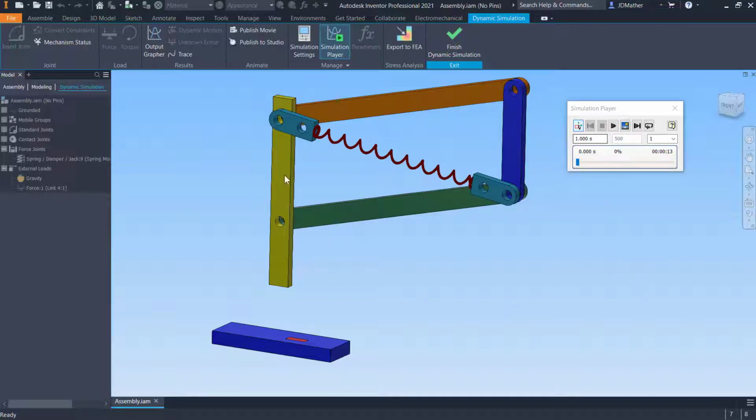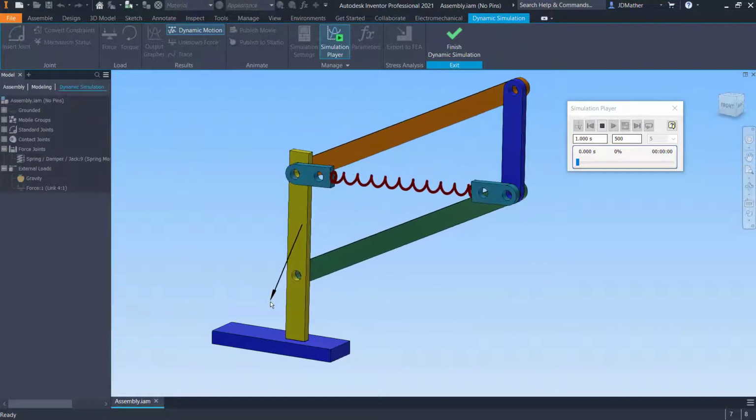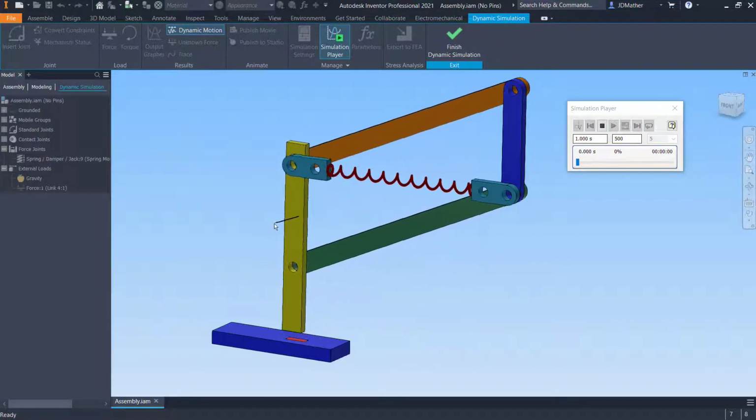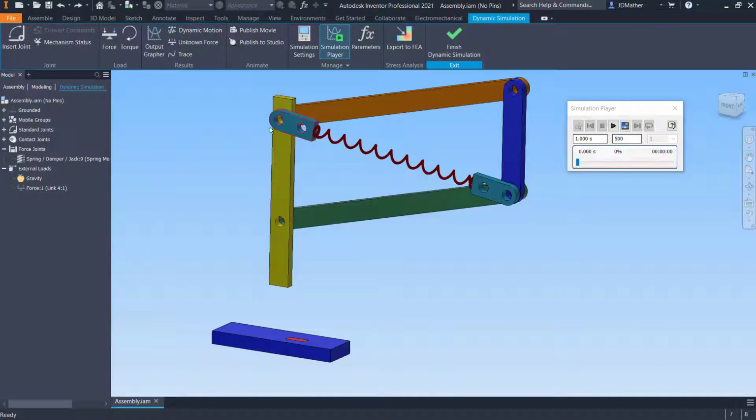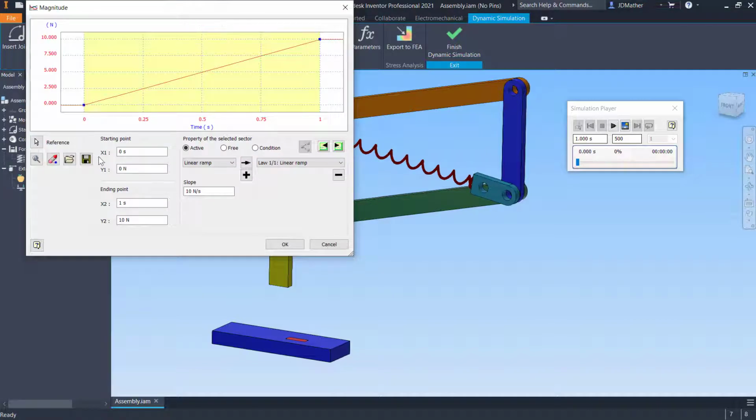Now if I drag this though, I can overcome that spring force by adding additional force, pulling down on the mechanism. Or I can add a force on here through the software rather than manually pulling on that. If I unsuppress this force, and I'm going to edit that force, I have it set in the input grapher, and I have it start at 0 force and then go to 10 newtons over 1 second. Play this again,